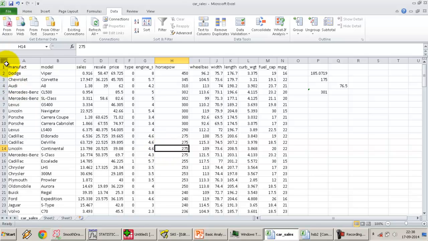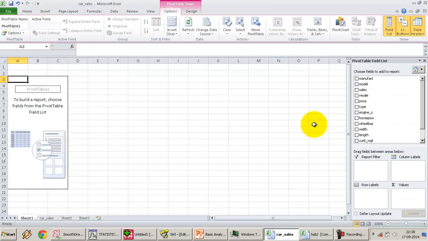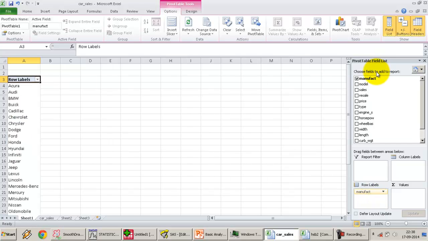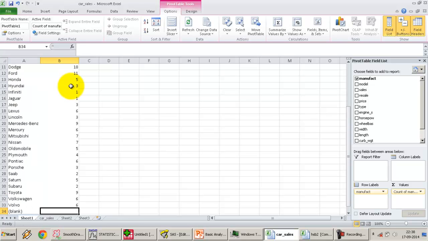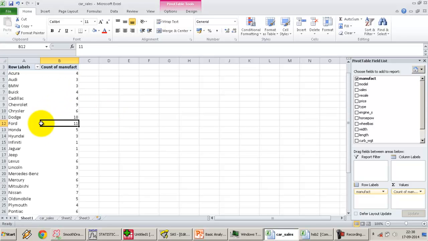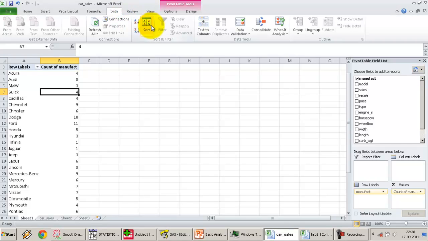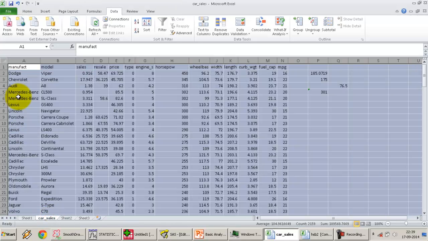For example, I'm going to use this data set and I'm going to simply pivot out the columns, right? More specifically, I'm going to pivot out manufacturer, right? And I'm going to calculate the frequency against each of these observations, right? So you can see all the observations, we've got 153 total observations, and column B tells me how many times Ford occurs in the data set, or how many times Dodge occurs in the data set. I'm going to sort this pivoted table by the count of manufacturers, largest to smallest. I figure out that Ford repeats the most often in the data set. Therefore the mode manufacturer is Ford, and if I